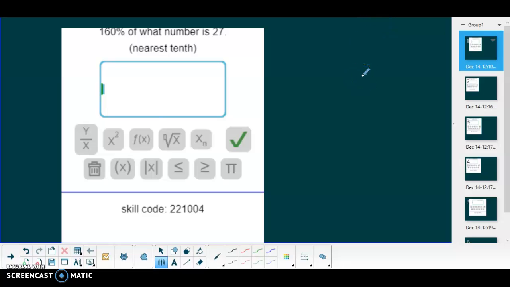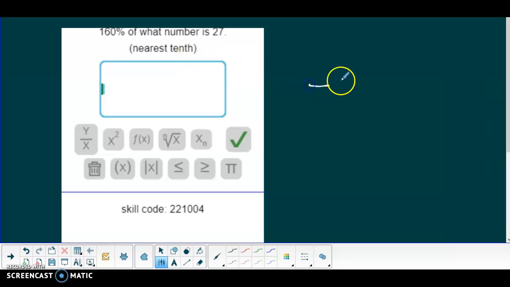Okay, you may be charged with a question: 160% of what number is 27? And do not skip over information in parentheses. It's there for your help. Set up your percent proportion template on your scratch paper. They give me the percent,